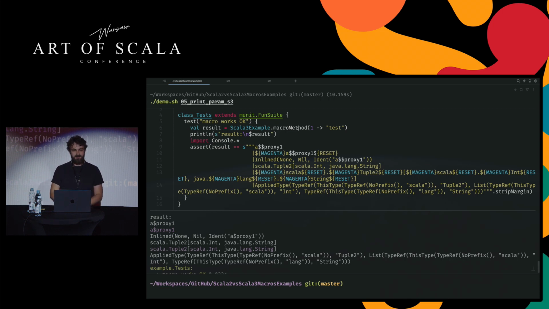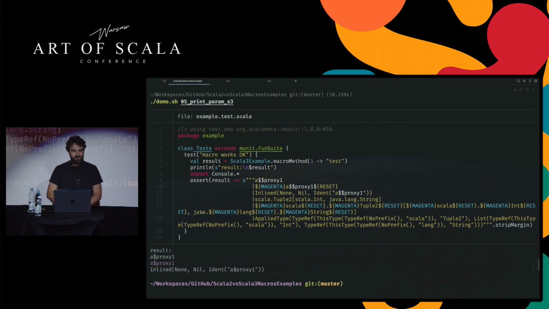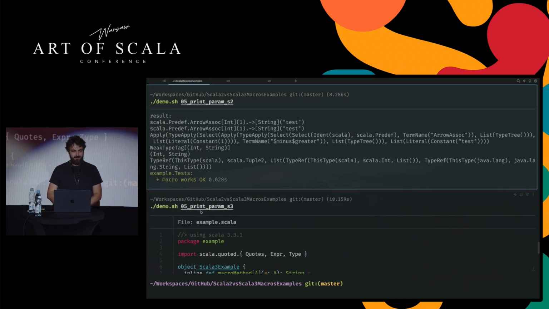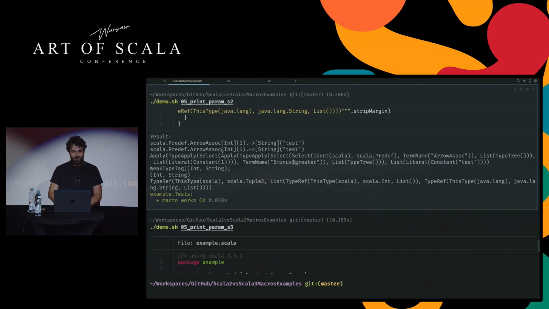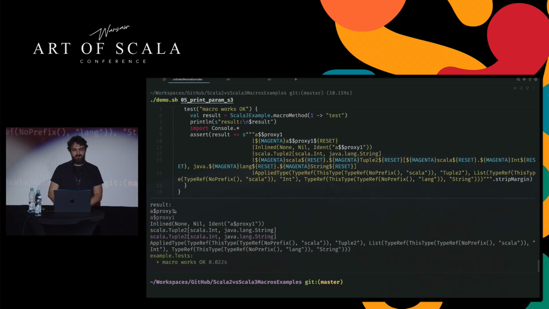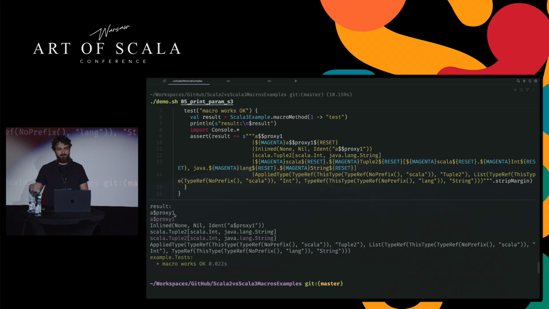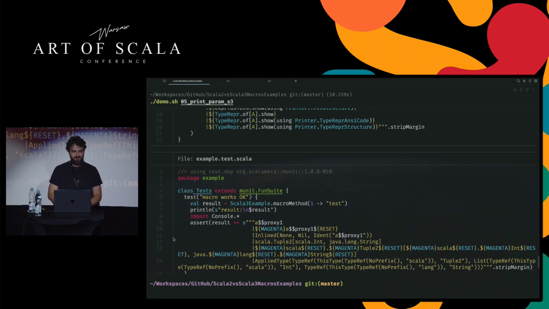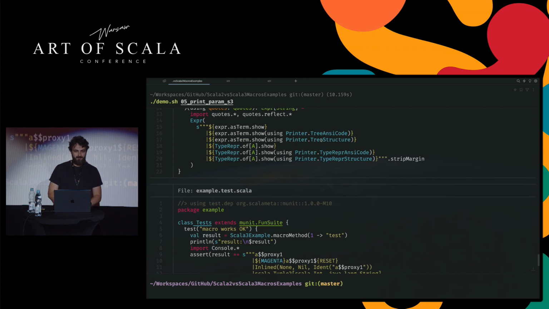So instead of having this whole expression which computes this value, we are just getting this value containing the result of the expression, so that every time you call it, it would be computed only once. And you can see that you have quite a handy thing, which is called Tree.ansiCode,